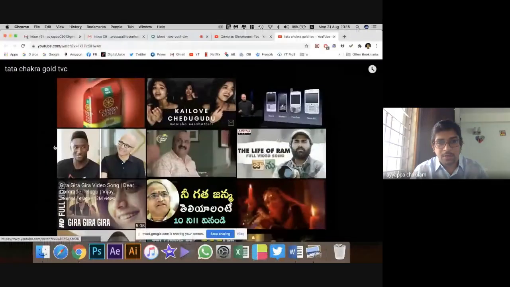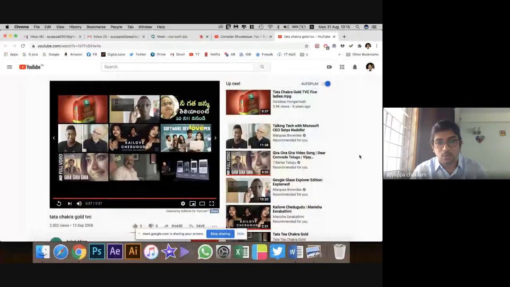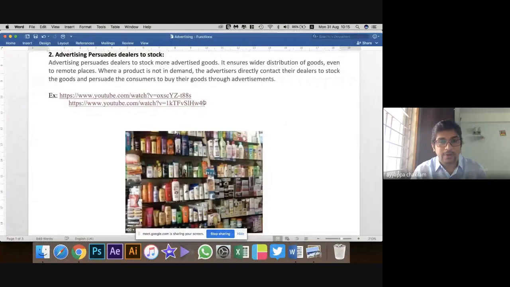Well, it was in Tamil, but I definitely know you could have understood what the ad was about, where the shopkeeper was trying to sell a different product, but the customer really wanted only Chakra Gold, the original Tata Chakra Gold. Tata has a brand image, the customer recognizes Chakra Gold. So it's telling the shopkeepers to use only quality or genuine products and not go for duplicate products, because the customers will not be buying any duplicate or imitated products. They'll be buying only the actual genuine products.